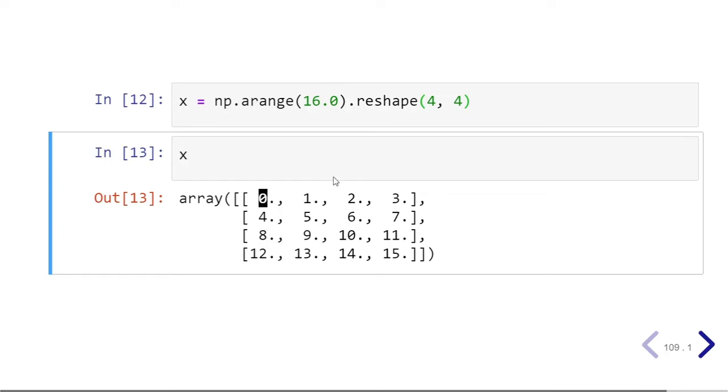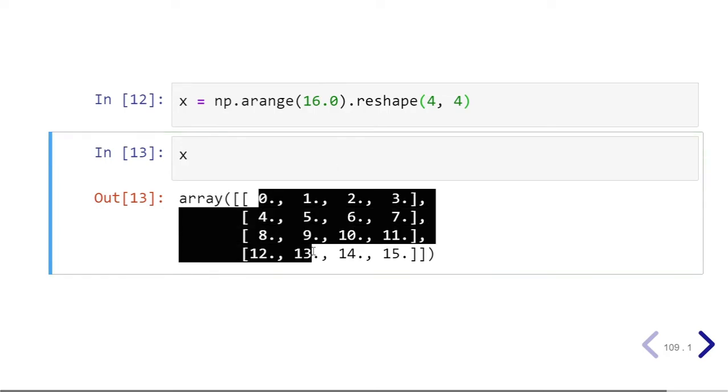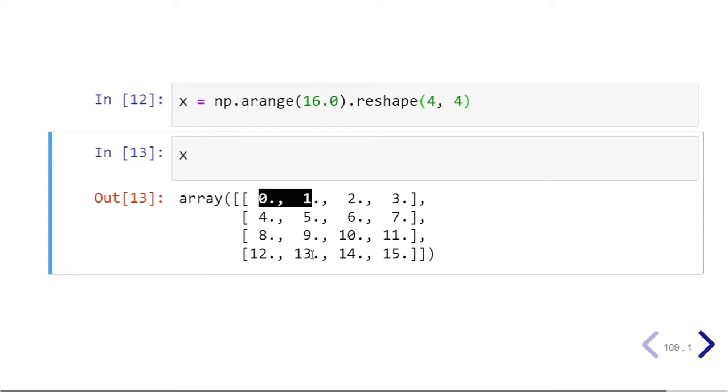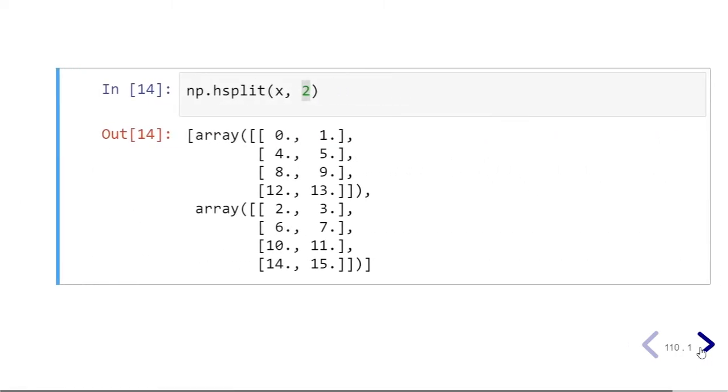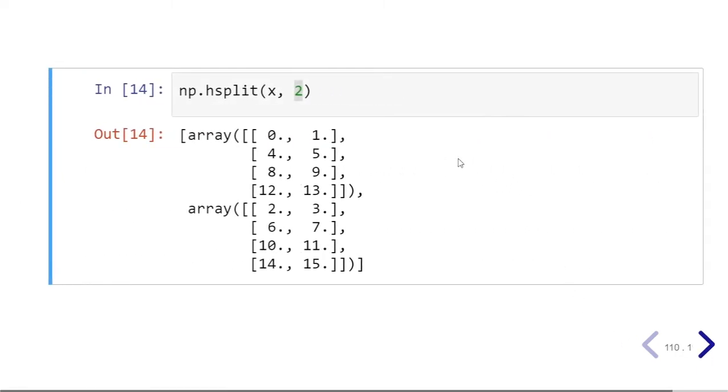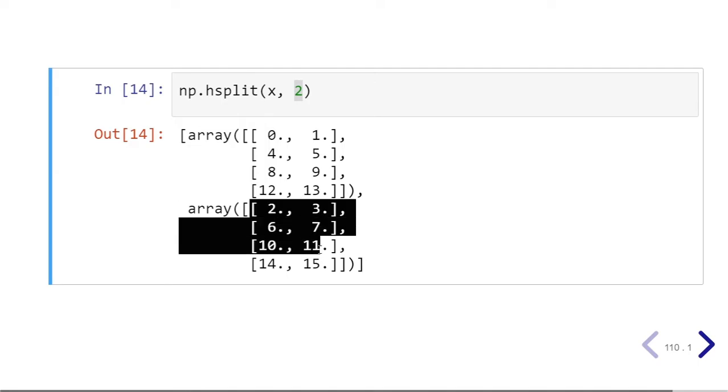The first subpart is 0, 1, 4, 5, 8, 9, 12, 13. The second subpart is 2, 3, 6, 7, 10, 11, 14, 15. So they are divided at column 2. Using hsplit, they are divided column wise, horizontally, with axis equal to 1, into 2 equal subparts.